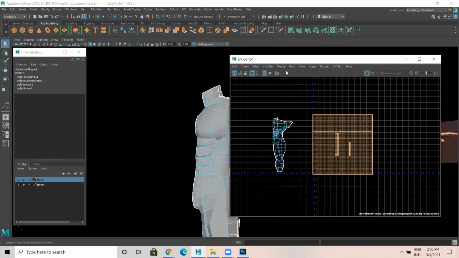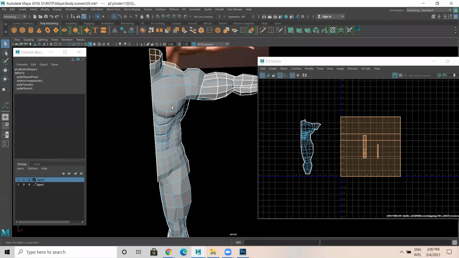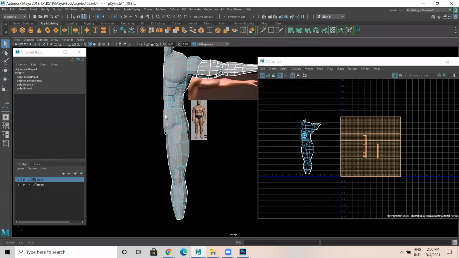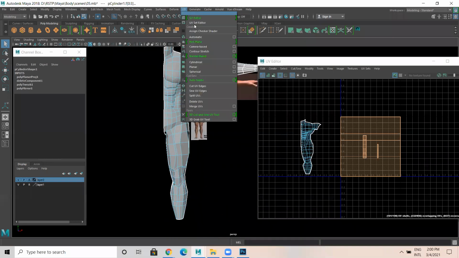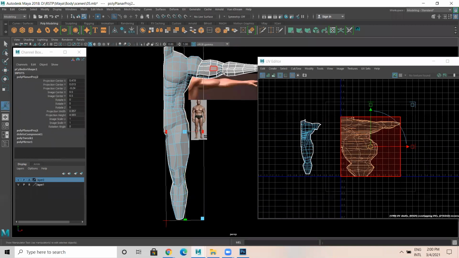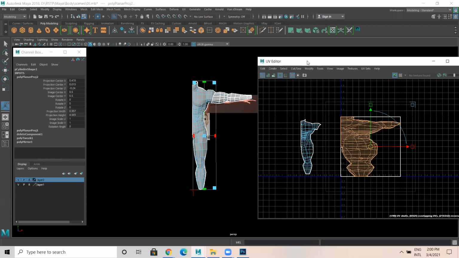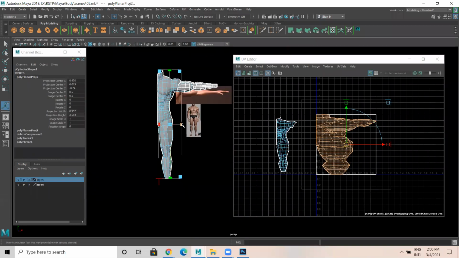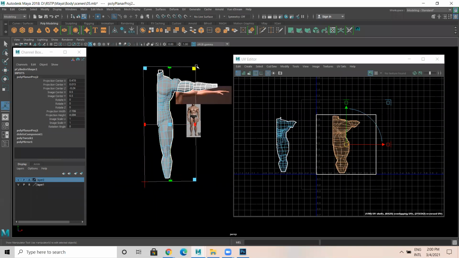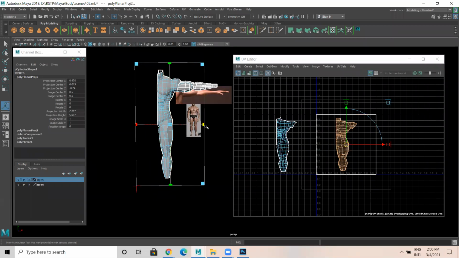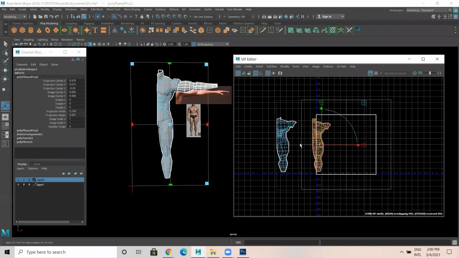After this, again in Z axis, UV, planar, Z axis. Let us do this. So just place this here. Try to match this.